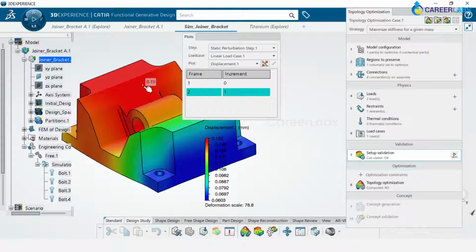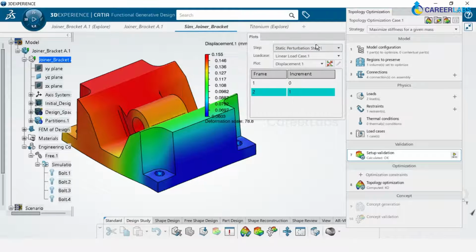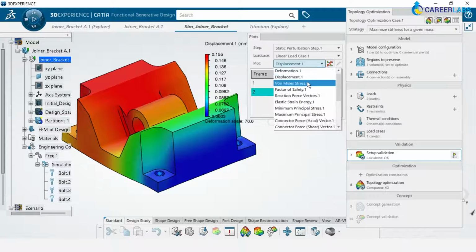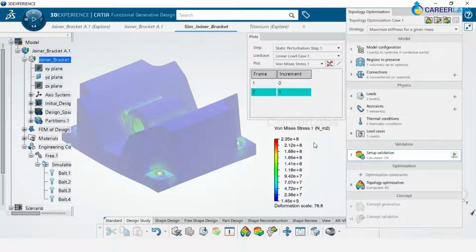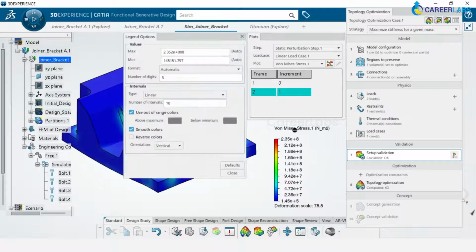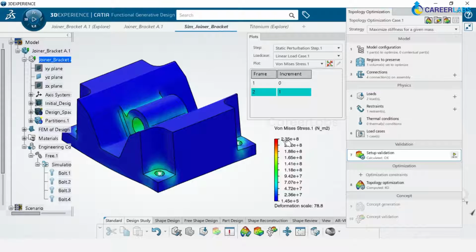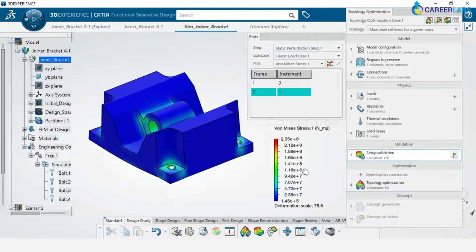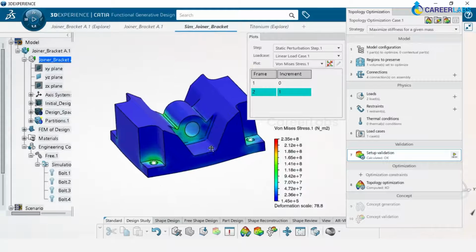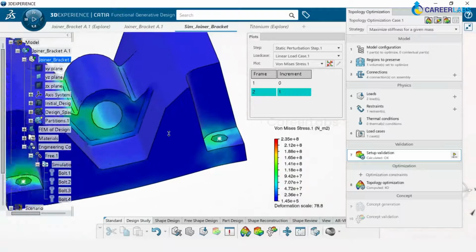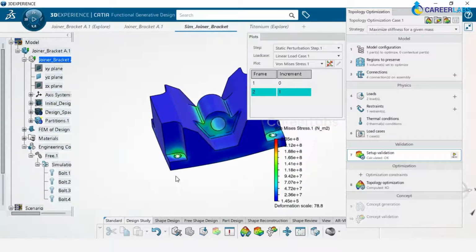So the stress strain curve plays a very important role here. So let's go with this failure theory, where we use Von Mises as one major failure prediction criterion. So we go and select Von Mises, and we see that the stress represents 2.3 e power 8. So this of course falls within our limits. Okay. Now because it is within our limit, or let's say if it exceeds the limit, then you will have to just zoom in, zoom out, and then check okay, which is the area where you need to add more material to make the components stiffer.